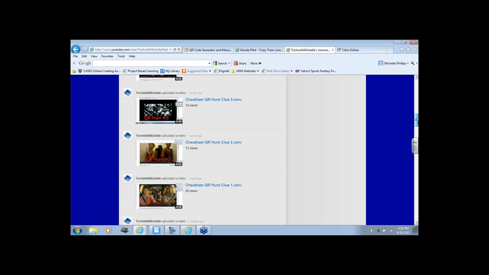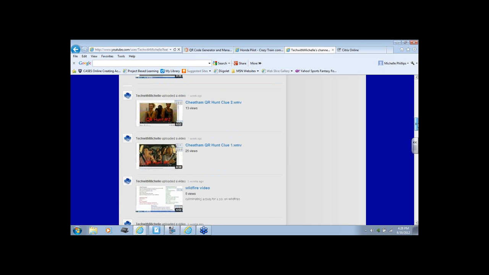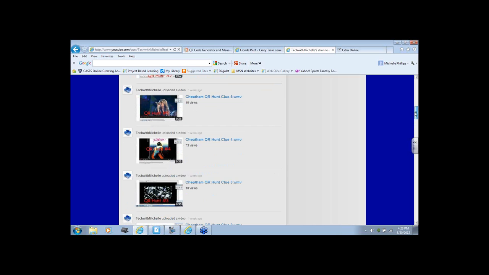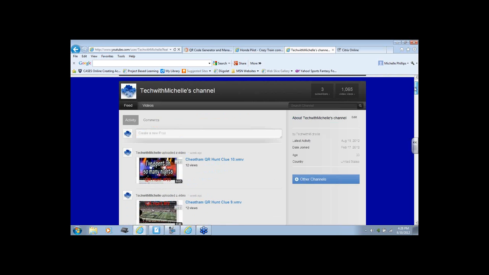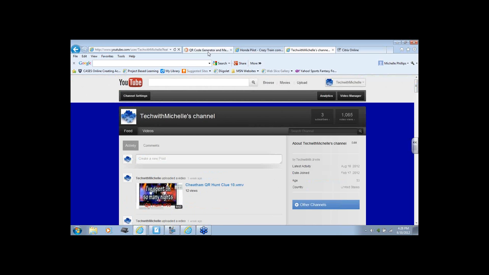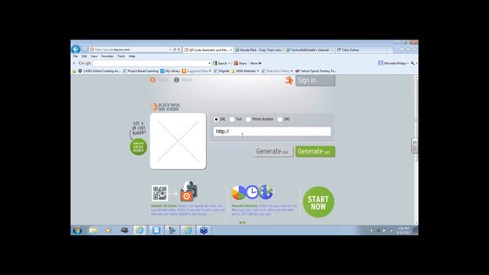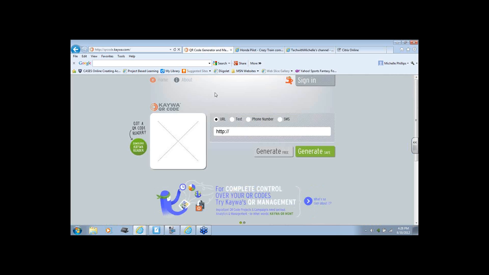And so it has all of them right here. So we put them on here, and then I just went to the internet to find a QR code generator. There's a lot of them out there that are free. The one I found that I use quite a bit is qrcode.kaywa.com. It's quick. You don't have to sign up for anything. You just put in the URL, or you can put text in and hit generate free, and then it just